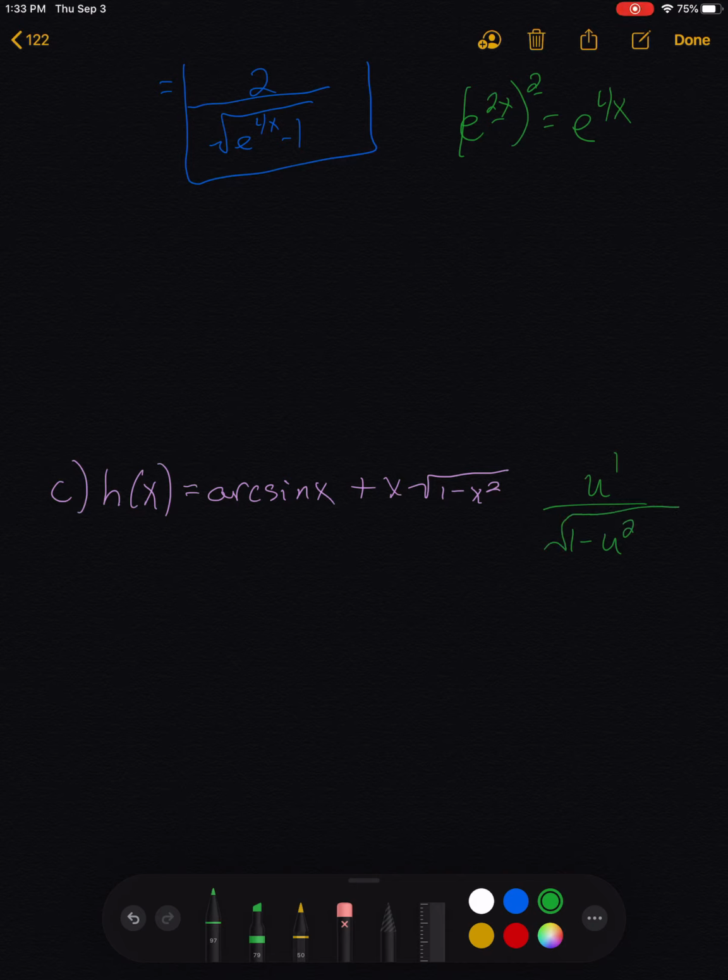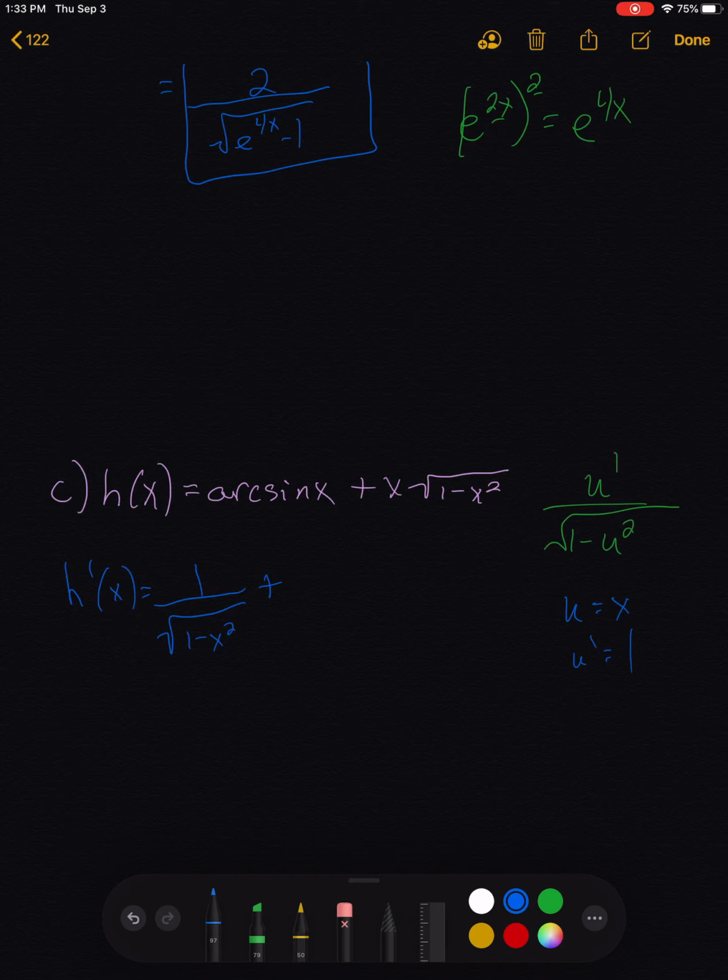Okay, so in this case, we have arcsine x, so our u is just x, and so u prime is just 1. So that first term of our derivative, h prime of x, that's going to be 1 for u prime over square root 1 minus x squared. All right, so the second term here, x times square root 1 minus x squared,